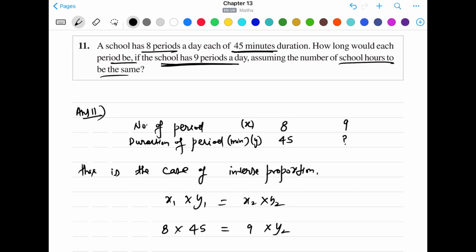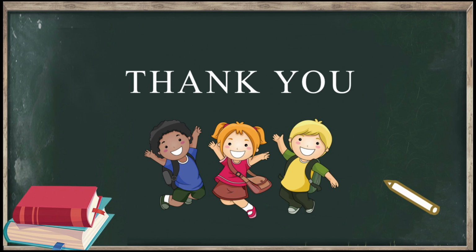With this we have completed all the questions of 13.2 and also completed chapter number 13, direct and indirect proportion. Simply, in all the questions you have to first identify which type of question you have, whether it is a direct proportion or an inverse proportion. The only difference is you will use a different relation of x and y in the two cases. In inverse proportion we have x into y, and in direct proportion we have x divided by y. That's the only difference between the two. Now you have to practice all these questions multiple times so that you understand them better.